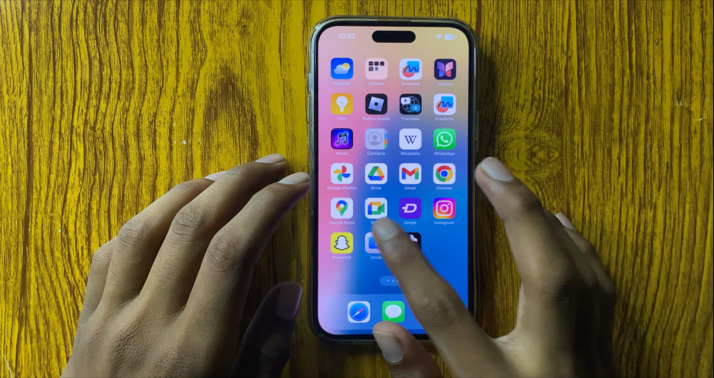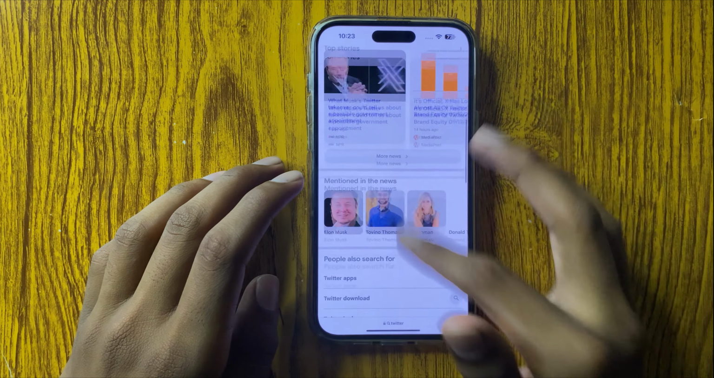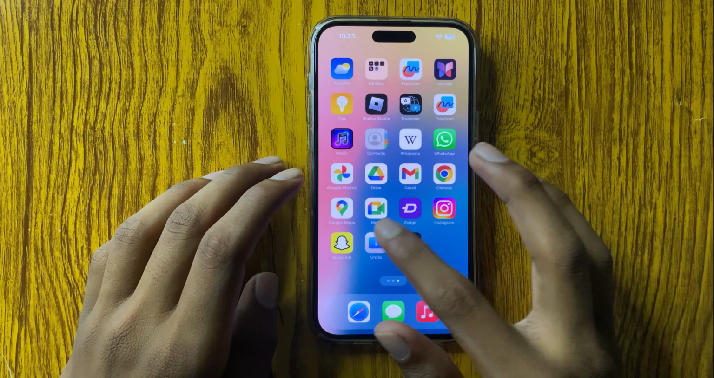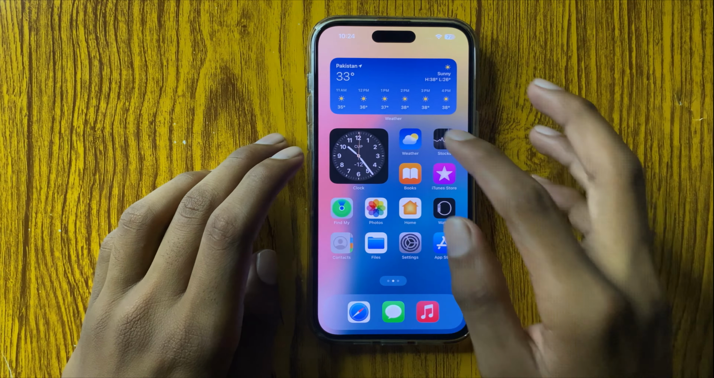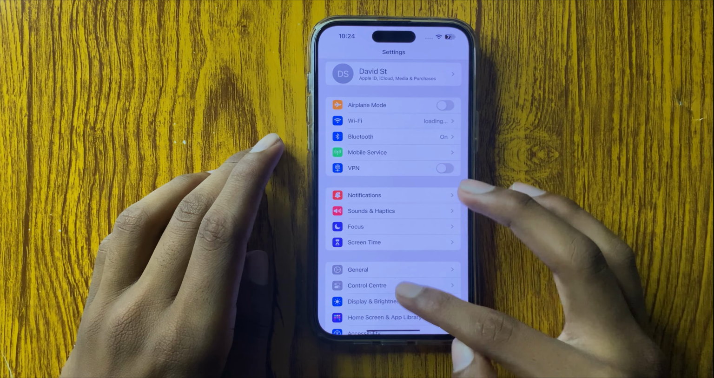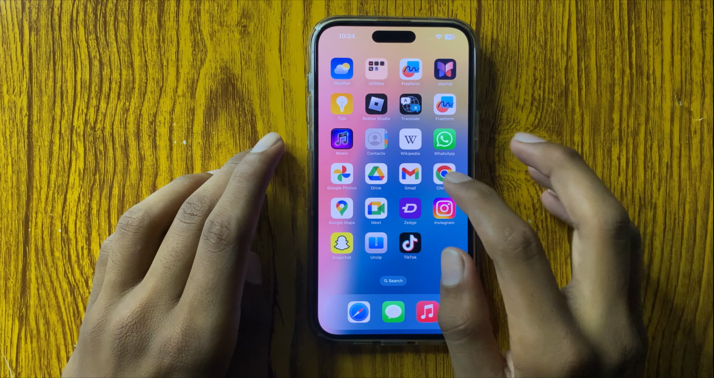First of all, check your internet. You can see my internet works properly. If you are connected to any VPN, then disconnect it and go back, and your TikTok will work properly. If it doesn't work, then